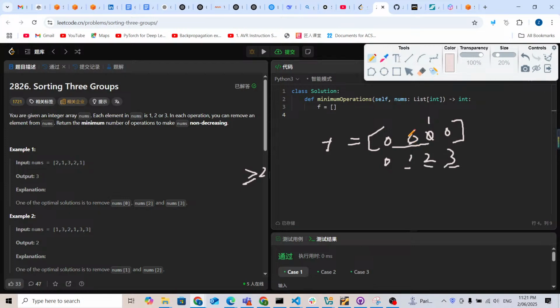So it's going to be 0 plus 1, so it's going to be updated to 1. And then for the next number 3, 3 is here. We're going to check the maximum number of f1, f2, f3, so 1, 1, 0, so the maximum number is 1, so 1 plus 1, so for 3 it's going